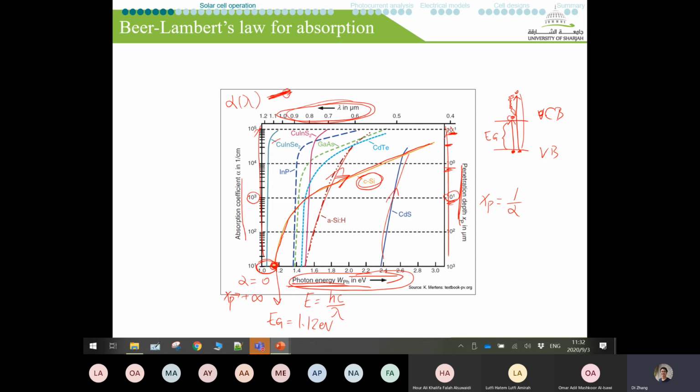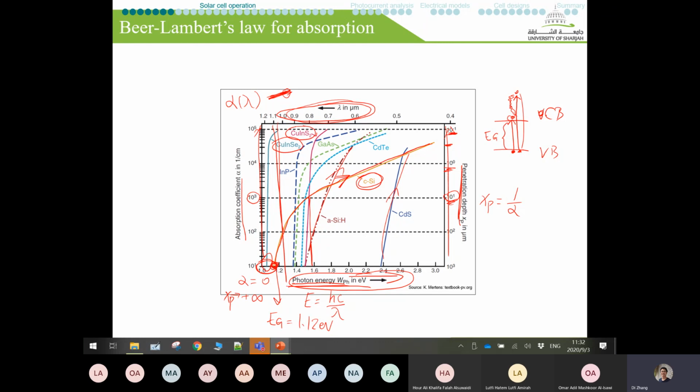We have, for instance, this material, which, strictly speaking, is better compared to silicon in every way. It starts the absorption earlier, meaning that it can capture more wavelengths, more photon energy. At the same time, in any case, the absorption coefficient is always larger compared to silicon. We also have another sulfide here, where beyond a certain photon energy, the absorption is more efficient compared to silicon. So it's quite interesting to see that a different material shows a very different absorption behavior,